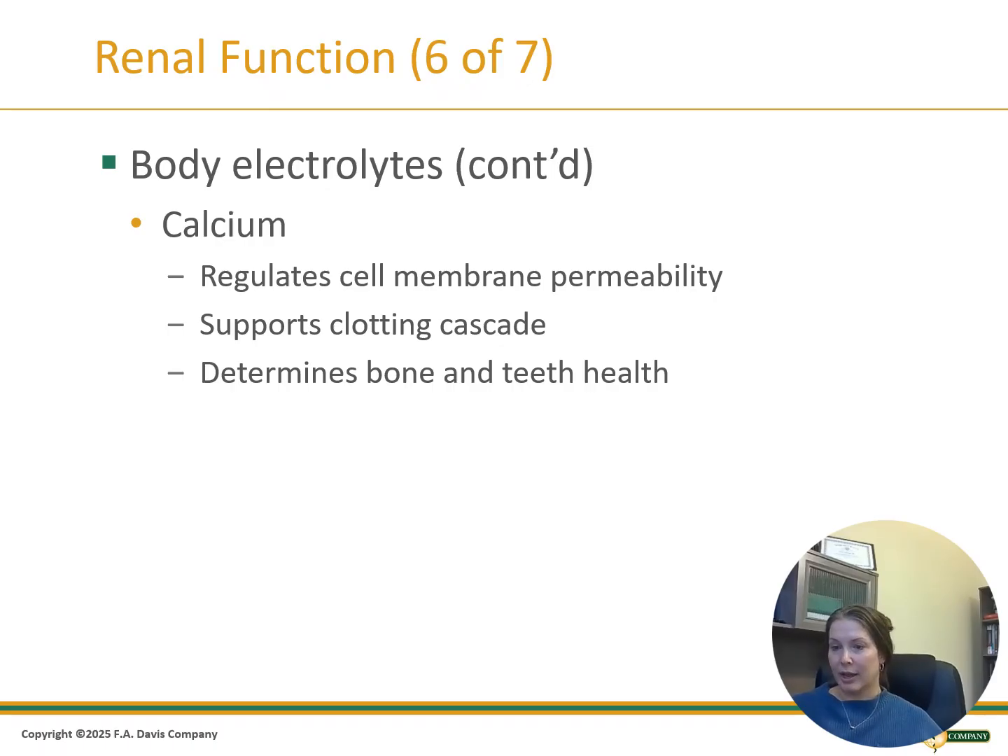Alrighty, last electrolyte, our calcium. It helps regulate our cell permeability, so it controls how easily our ions and nutrients move in and out of our cells. It supports our clotting cascade, which is necessary for several steps in blood coagulation. And it also determines bone and teeth health. The majority of our body calcium is stored in our bones and teeth, helping to maintain